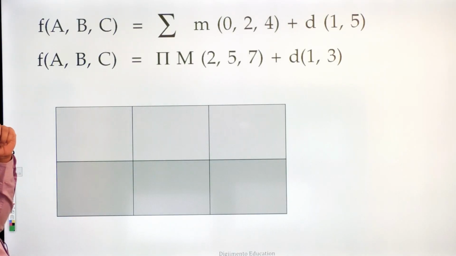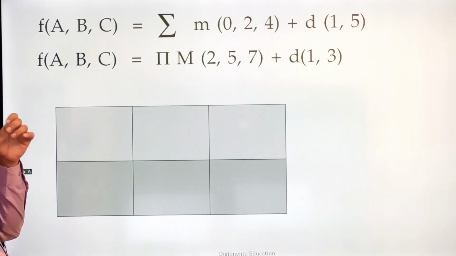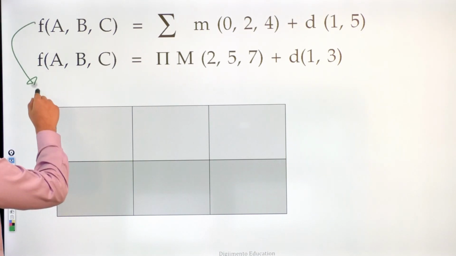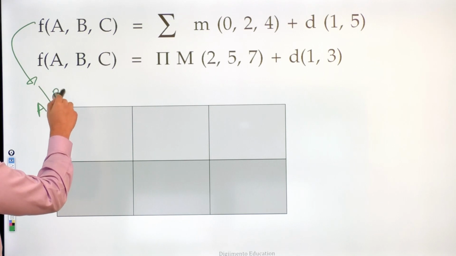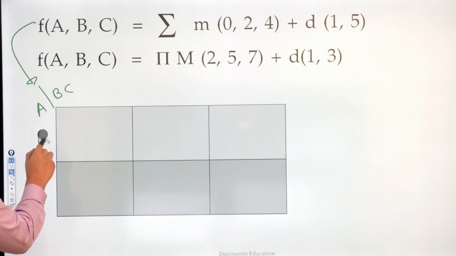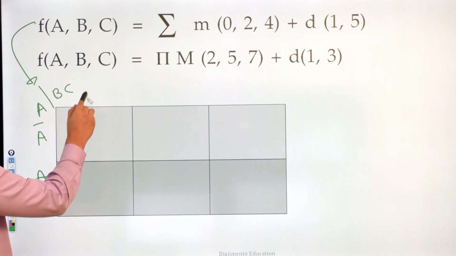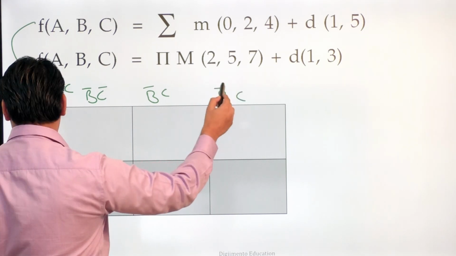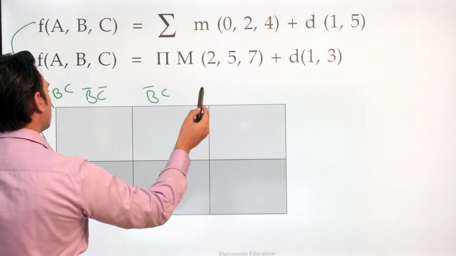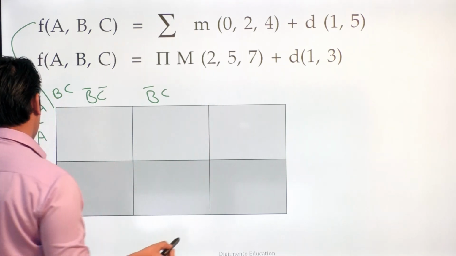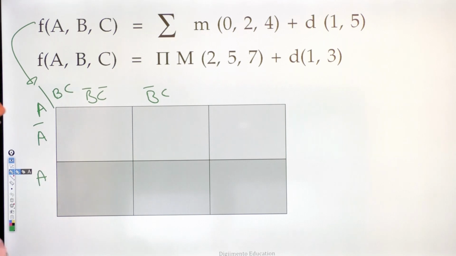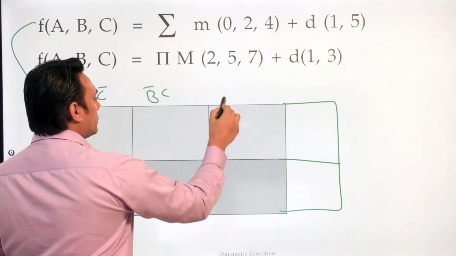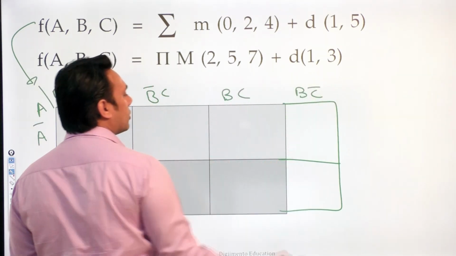So let us look at how to solve a don't care condition. तो सबसे पहले let us try to analyze this one. So let us do the function f here. So this is the variable a, this is the variable b and c. So it is representing a complement and it is representing a. This is representing b complement c complement, b complement c, and this is b c complement. ठीक है? I think I've made a mistake here. So here one more column should be there. So this is representing bc and this is bc complementation.